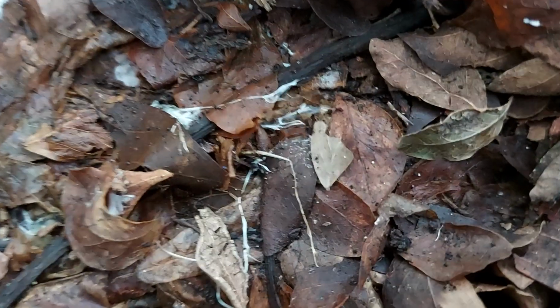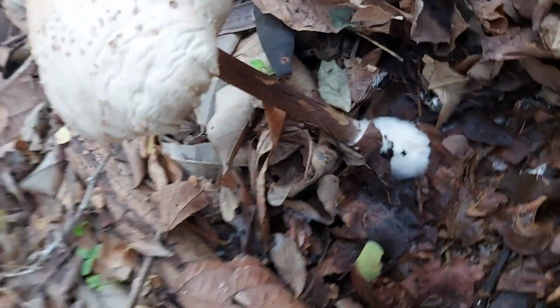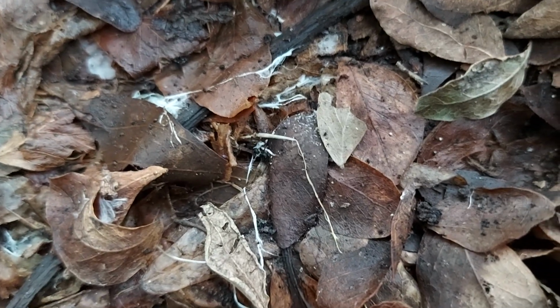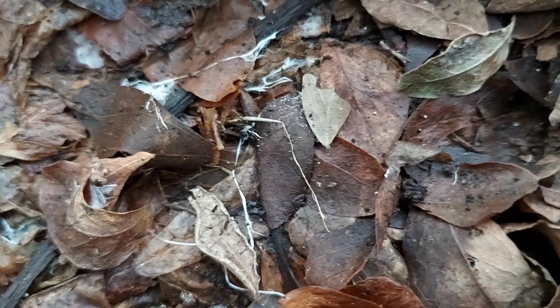We see these rhizomorphs colonizing mixed leaf litter very clearly here. These are the rhizomorphs which have colonized the leaf litter. Many times, if the leaf litter is brought to the lab and examined, it won't produce a fruit body like this, and we won't even know, because it is difficult to identify to which fungal species or macrofungal species the